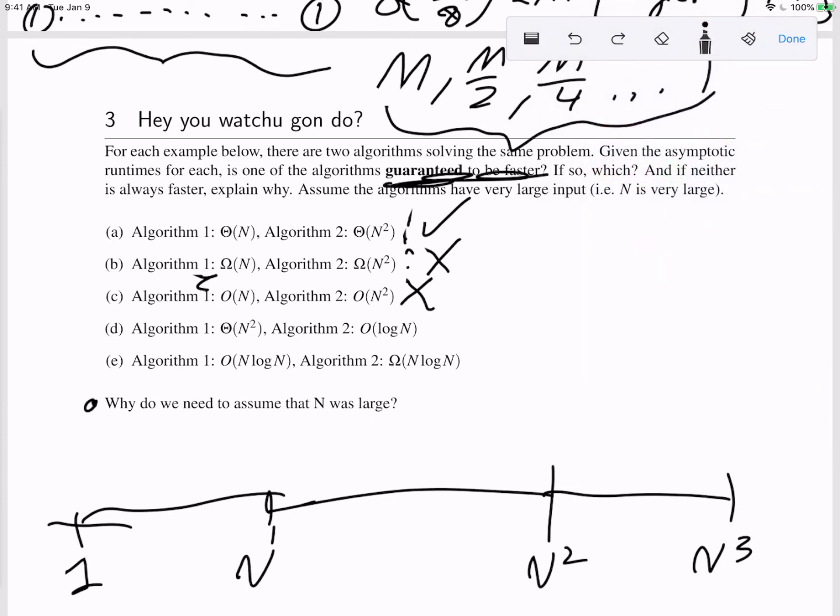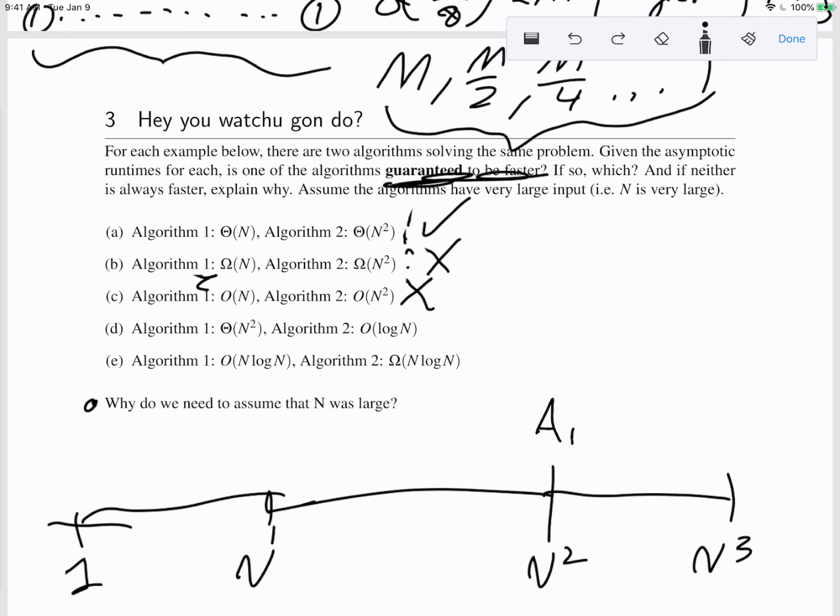Now algorithm 1 is theta of n squared. So here, we're going to denote that by this. Algorithm 1 is exactly here. It's not to the left, it's not to the right, it's just right here. And then algorithm 2 is O of log n. So that means that,